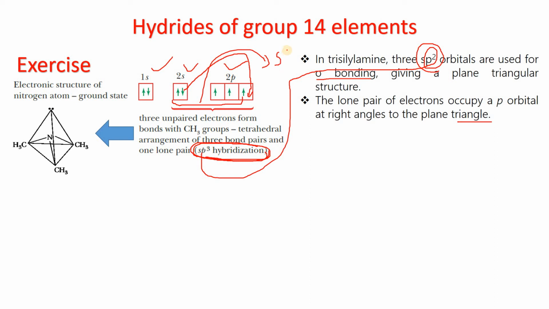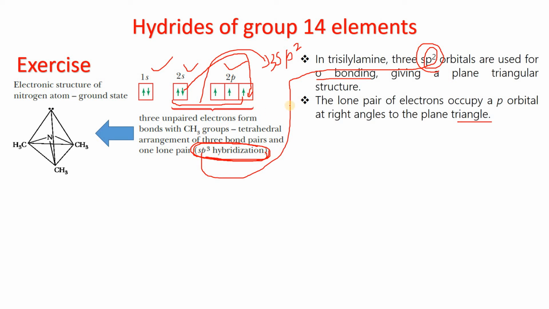Every sp2 hybrid orbital, so we are getting 3 sp2 orbitals. Each orbital is singly occupied, and an atomic orbital, 2pz, has a lone pair